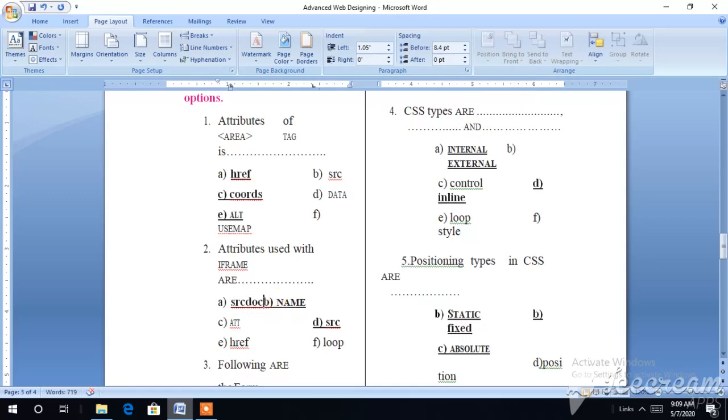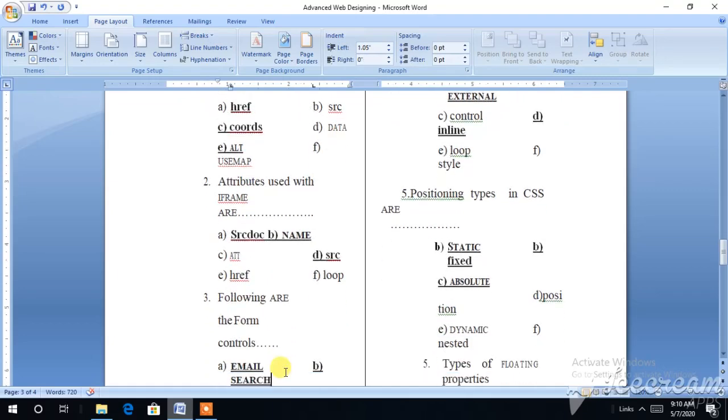See here, this is srcdoc, which I asked you in the previous row, and this is name, and this is src, the source from where you want. These three attributes are there, not all, not href. Loop is only for audio and video, alt is for the text. If you want text there, add alt, and href is not there; it's srcdoc, name and src.